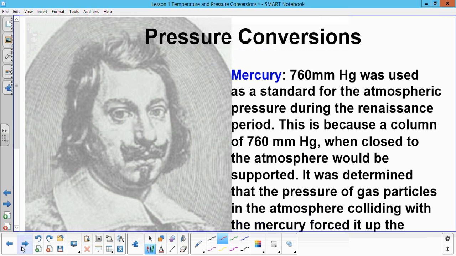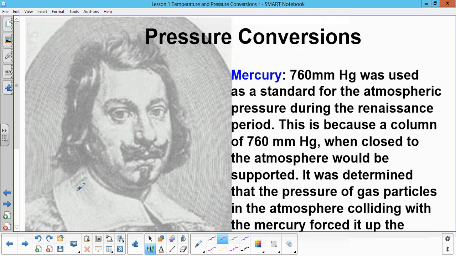The next thing we need to do is to talk about pressure. And there's unfortunately not just 2, but 3 standard units for pressure. We've talked about this gentleman before. His name is Evangelista Torricelli, and he was the guy who created the idea of standard air pressure in his tests when he was trying to create a vacuum. Now, when Torricelli took his little apparatus with his tube of mercury inside of the dish of mercury and tried to figure out how big of a vacuum space he could make,